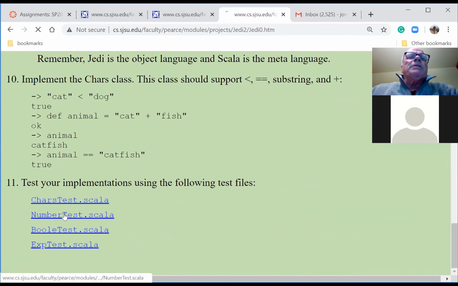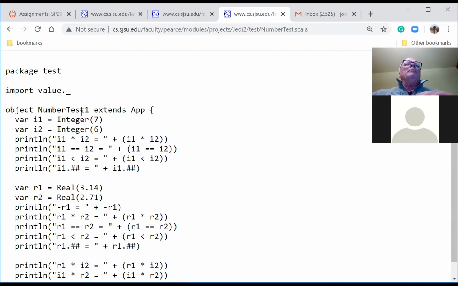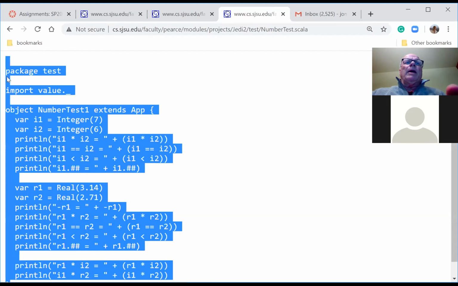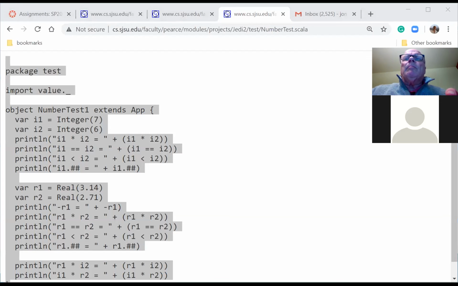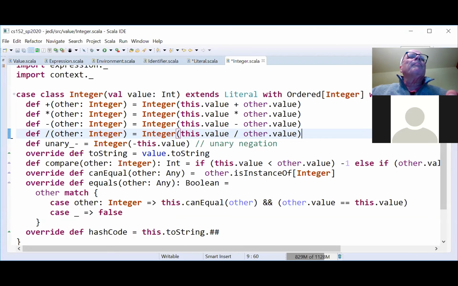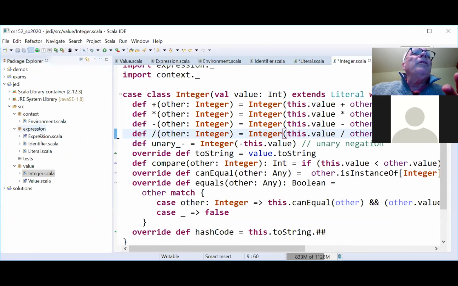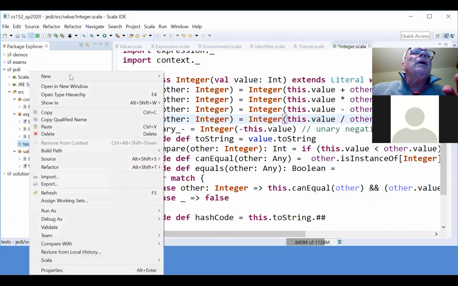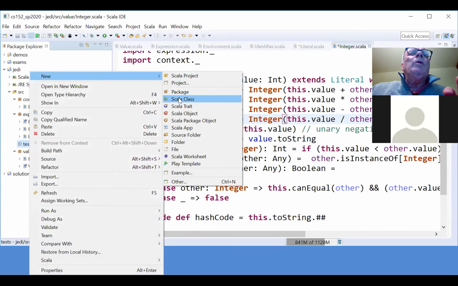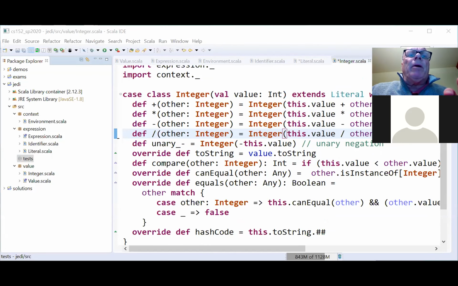Let's look at number test here. So this is number test 1. I'll get this number test 1. Okay. Let's go back to the tests package. I'm going to add a new, was it an app? I have to go look and see. Yeah, it's an app.